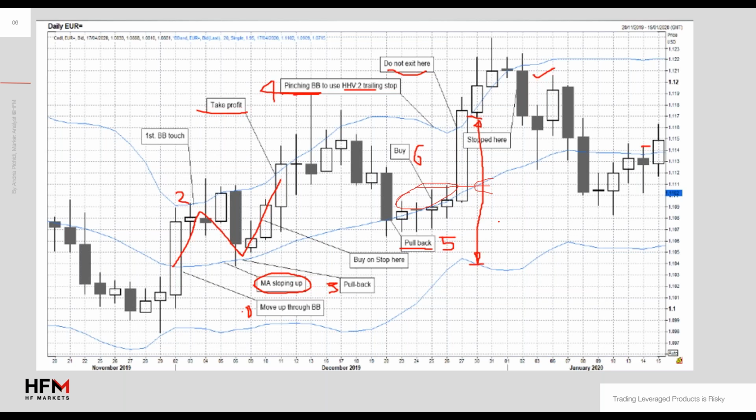With exit, either once it breaks the upper Bollingers, or until it hits your trailing stop. That's why I'm saying over here, do not exit here. Why? Because if you have put a trailing stop below the latest low, so if you have entered here and you have put a trailing stop here, then that means that your trailing stop will move along